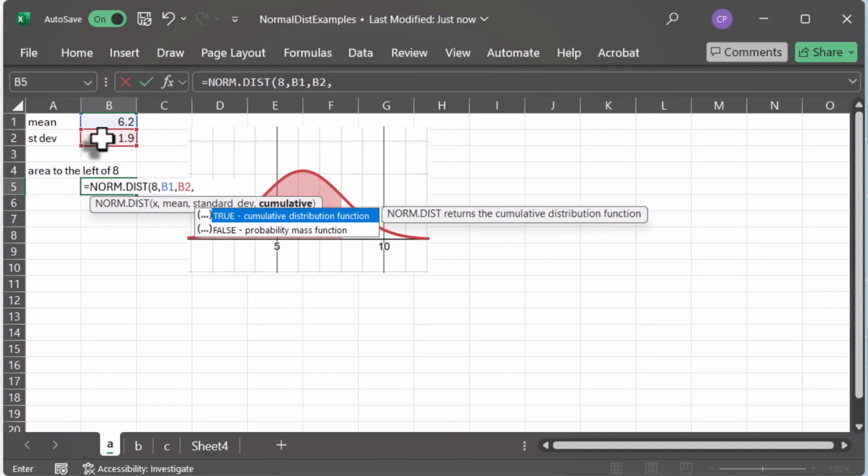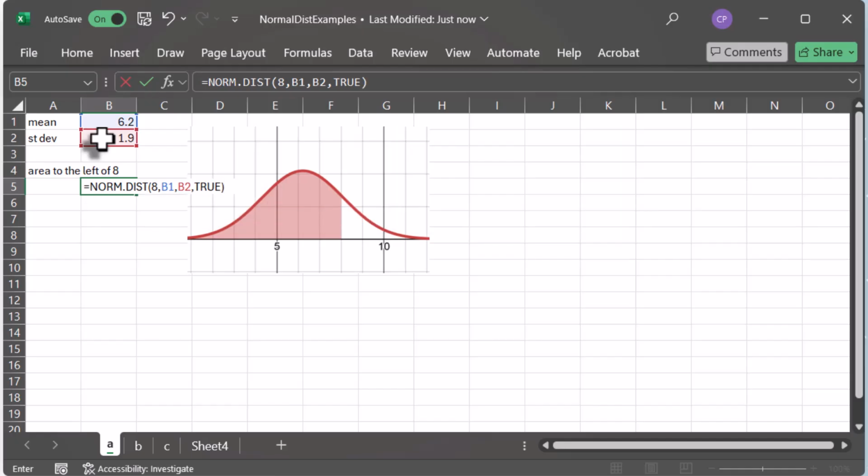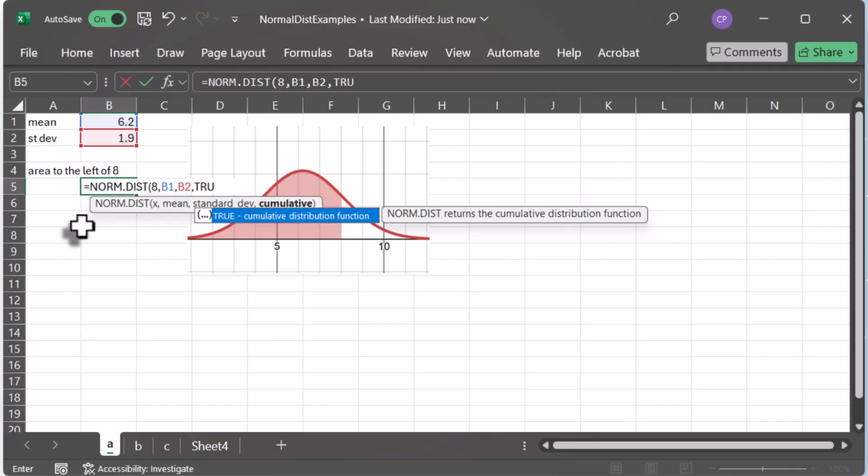If you used the binomial distribution function in Excel, you remember the same flag from that function. The cumulative piece, in this case, for working with the normal distribution, we always want this to be true because I want the cumulative area or the cumulative probability from 8 all the way down, to the left. If you do false here,